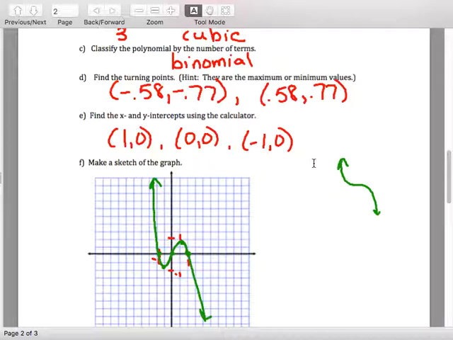Letter G says let's do the increasing and decreasing. All right, so now this time,